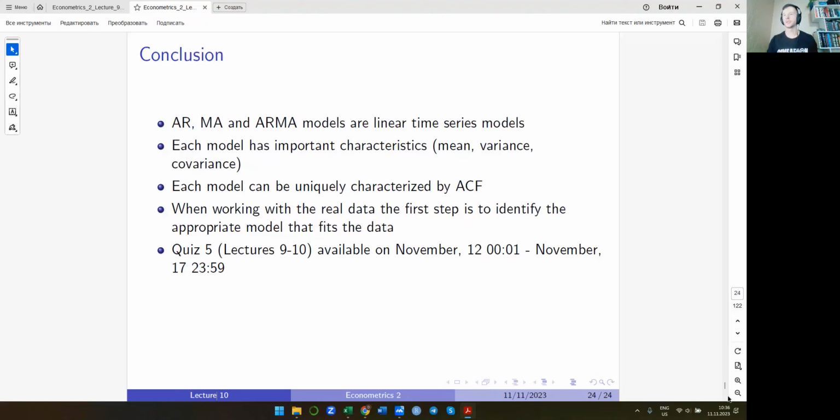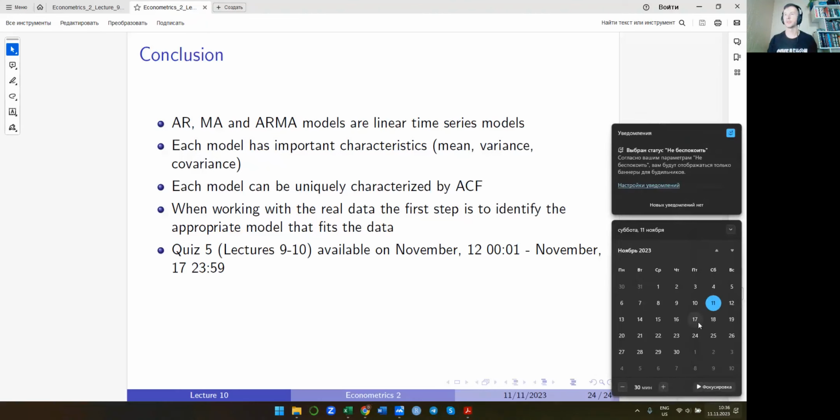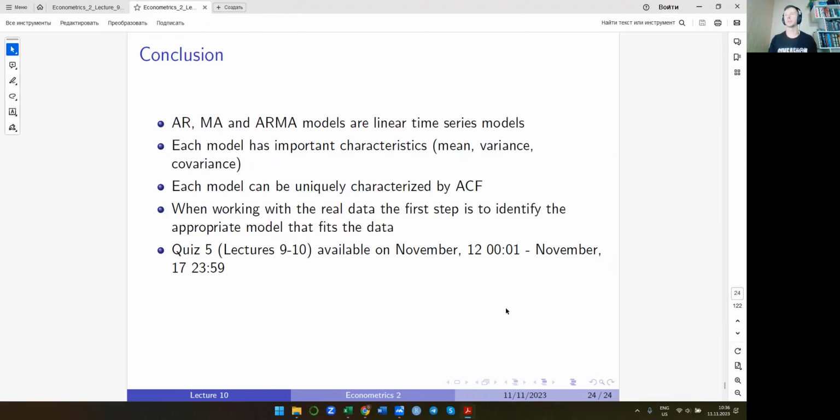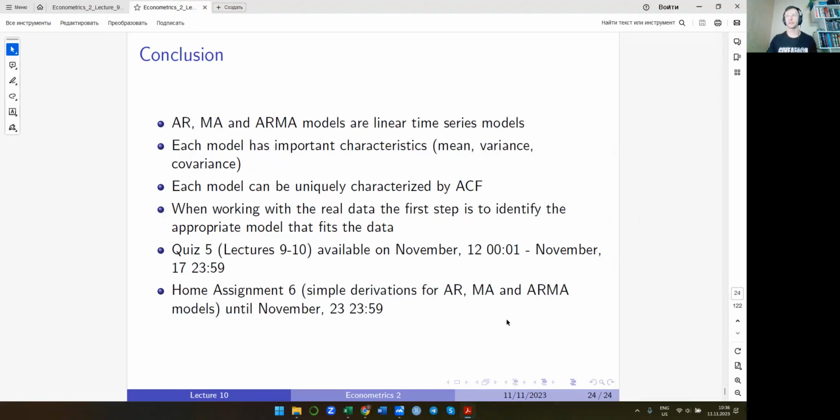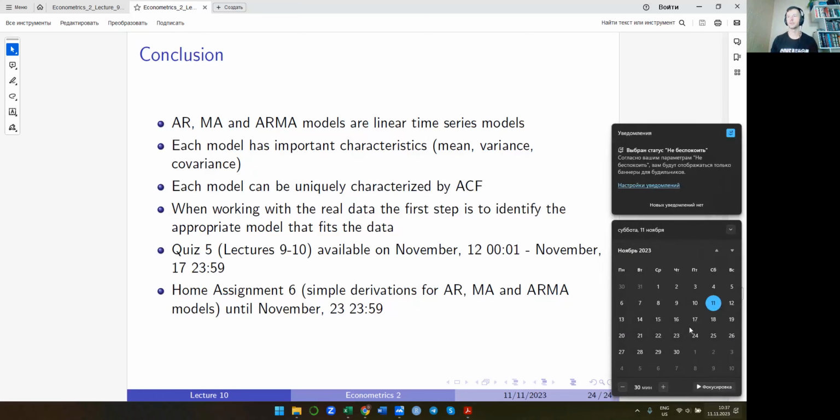Going to be available till next Friday midnight. On Friday, you have the exercise session. This exercise session is going to be about time series and linear time series and the properties of linear time series. And the home assignment number 6, available till November 23rd, so 2 weeks ahead,